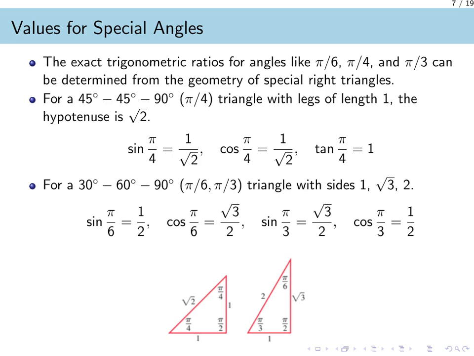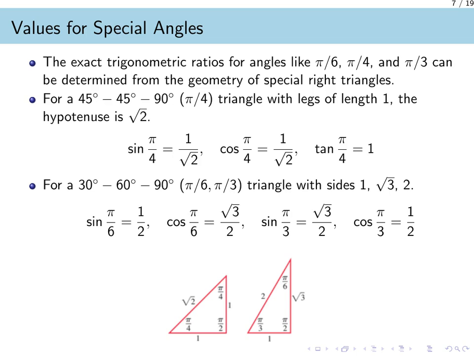First, consider an isosceles right triangle with angles of 45, 45, and 90 degrees. If we set the 2 legs to have a length of 1, its hypotenuse must be the square root of 2. This simple triangle shows us that the sine of pi over 4 radians is 1 over the square root of 2. The second key triangle is the